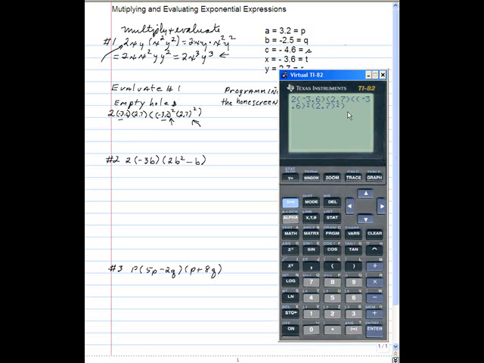Negative 3.6, 2.7, everything looks good. I hit enter and I get this long answer, negative 1.8366. And I notice down here at the back E3. Now that's real important. That means that this number has been put in scientific notation and it is times 10